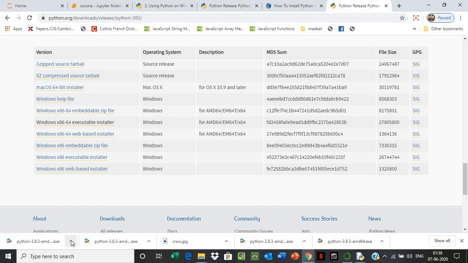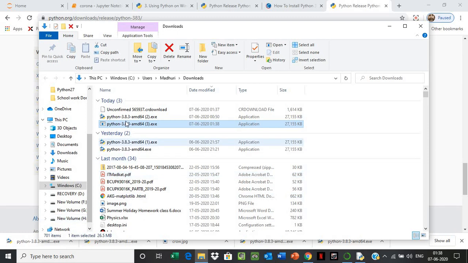If you click here, go to show in folder, you see the Python 3.8.3 .exe files. Since I have already installed Python 3, the previous executable files are also stored here in my downloads folder.